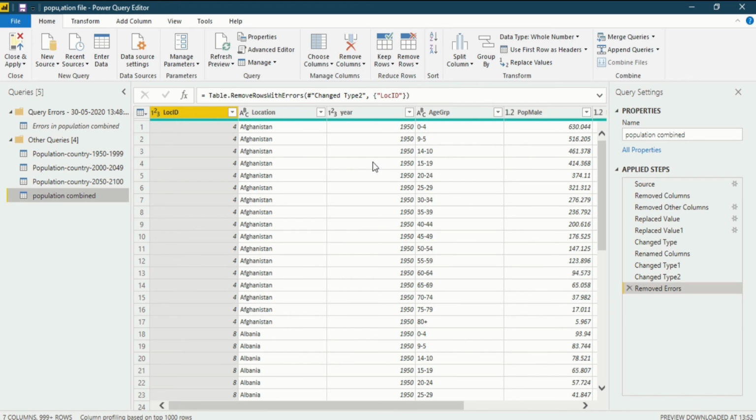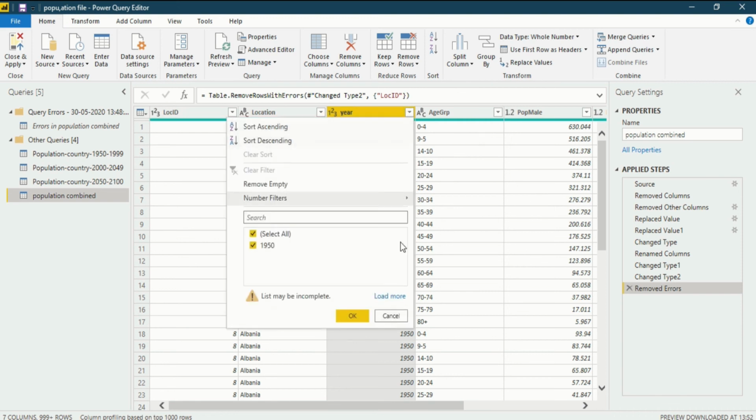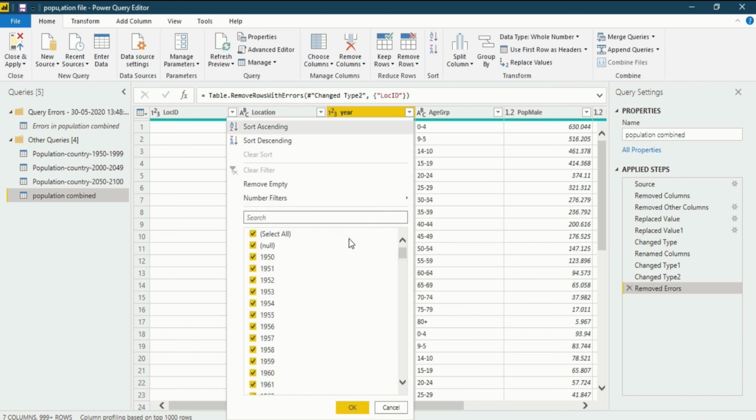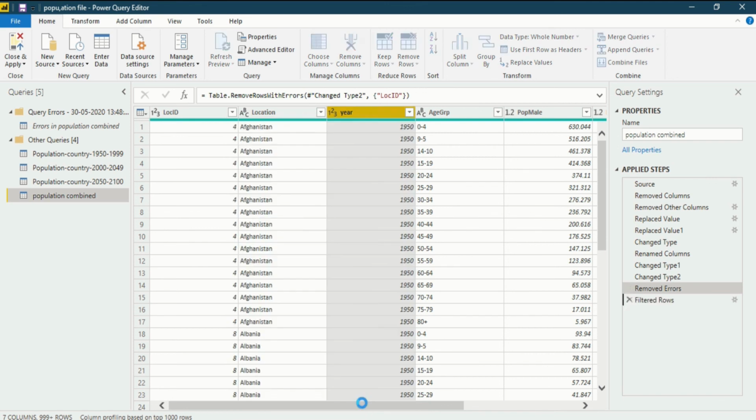But as I've already shown you, there are a few errors as NA in our year column, and we have to remove those also. For removing those, you click the down arrow in the year bar, where you will click on load more. You will see the data present in the column. Now you could see the nulls are present, which are not required in our data. So I just click on it, filtering it. After clicking OK, you can see the year has been filtered and the nulls will be removed from your data. Now the errors have been removed and your data set is completely error free.